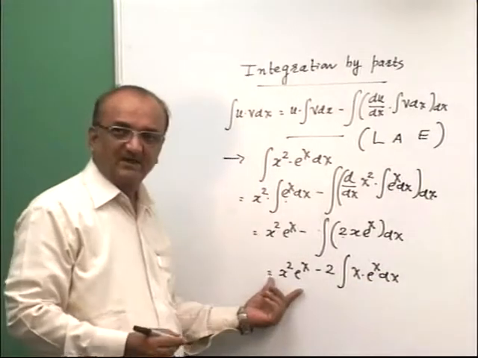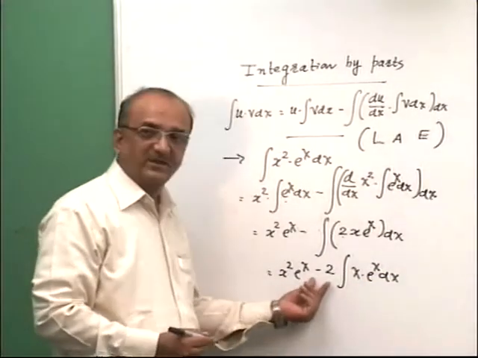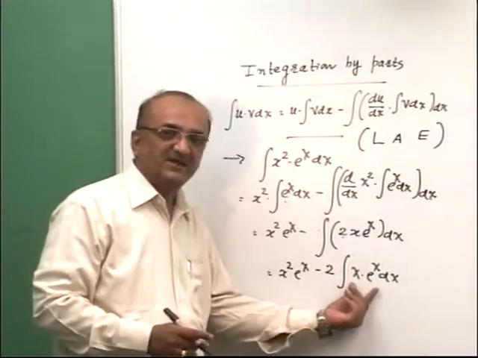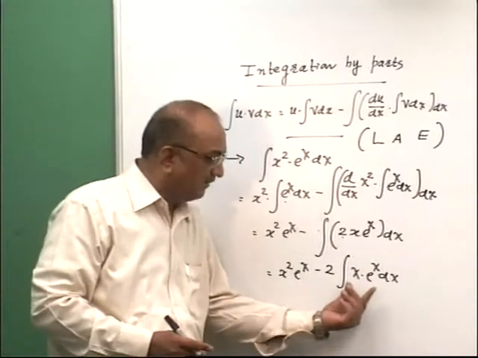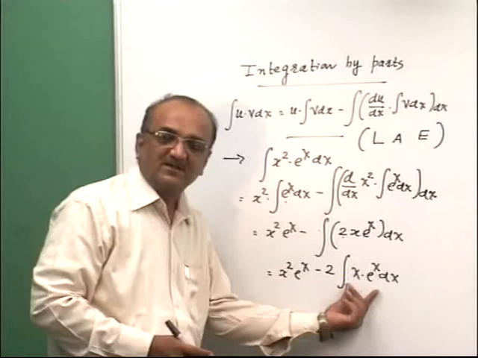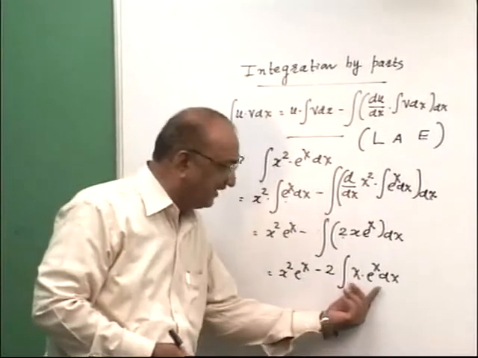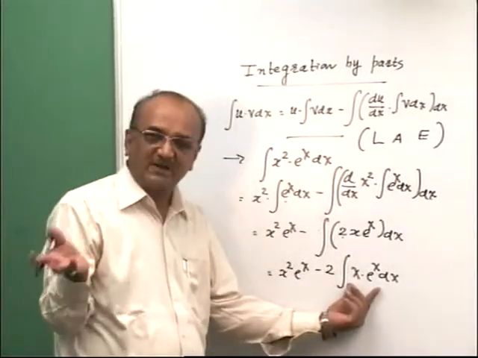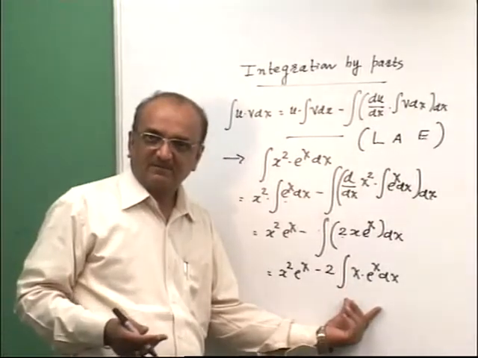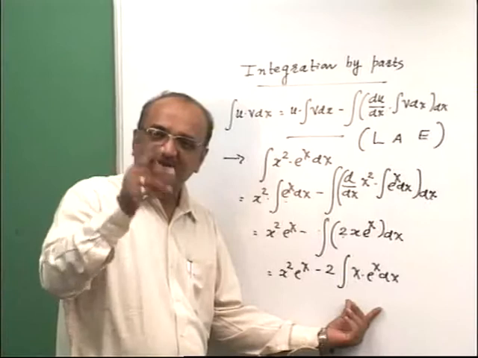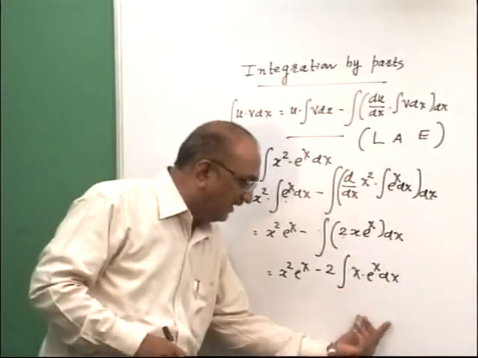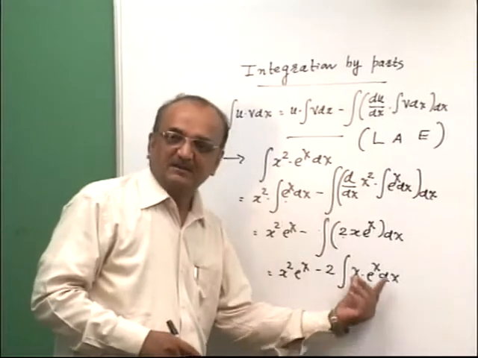The first part is okay, no problem. Minus 2 is okay. Now read these steps carefully first. This step is written as x into e raised to x. It means again you have to solve the second part of the example by integration by parts, because you are getting the multiplication of x into e raised to x. It means the first question is repeated in the second step. Now for this portion you have to find the integration by parts.